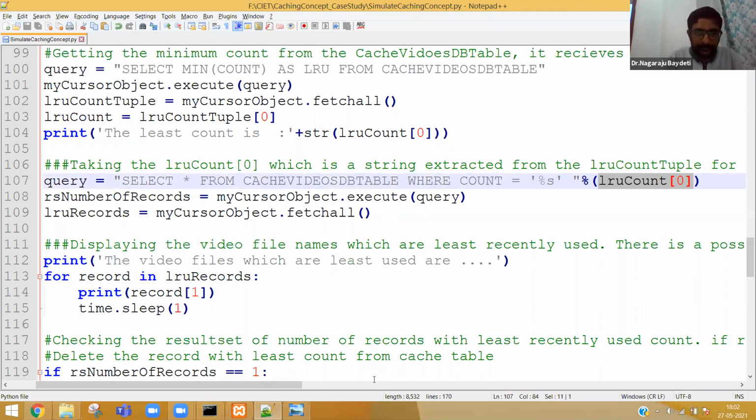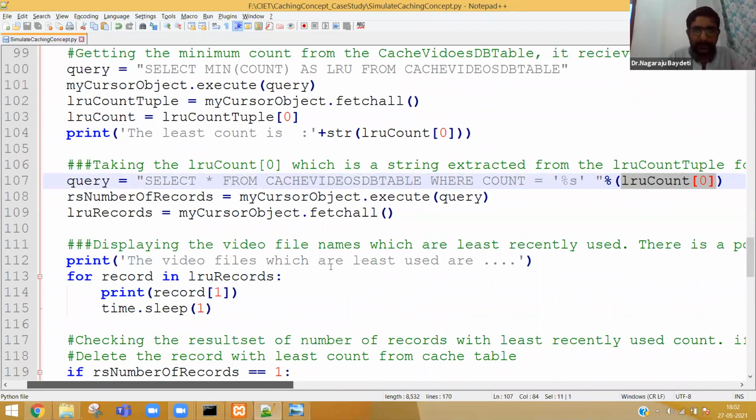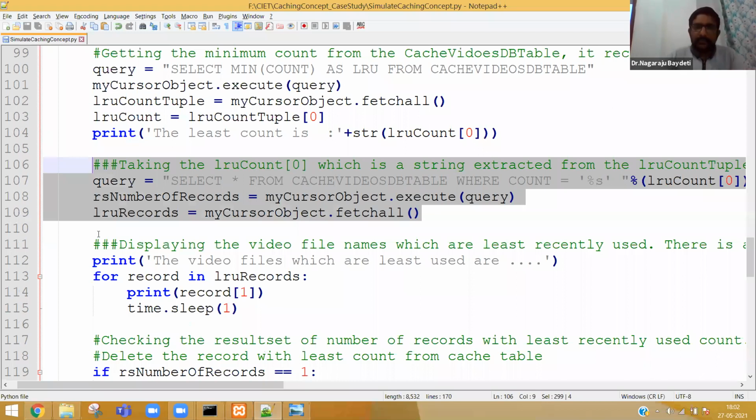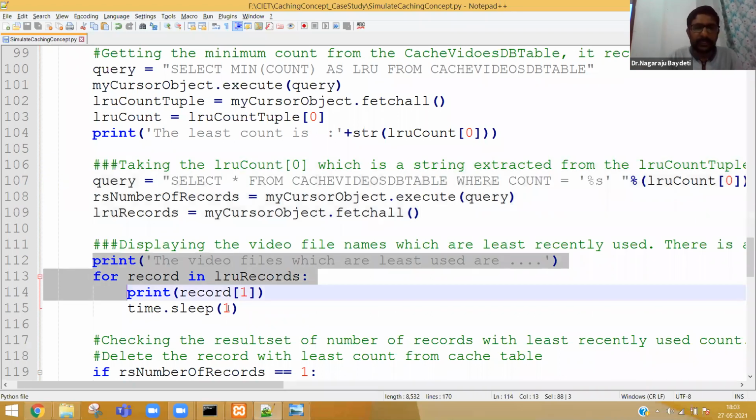After that, everybody please observe. Now from line number 106 to 109, we are fetching all the records with the least count as XYZ. In this case 1. After some time the least count may be different when you execute this program multiple times. Now I am simply displaying those records.